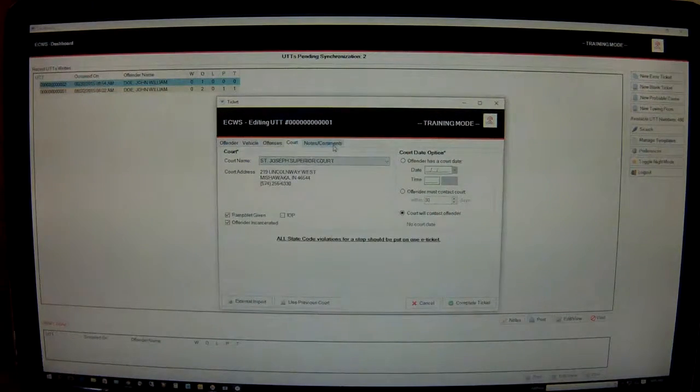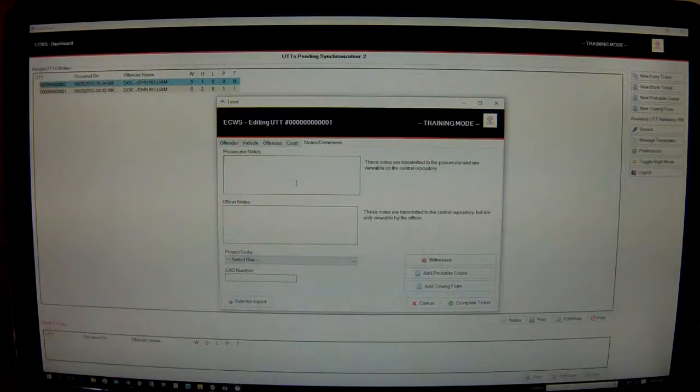I will then move on to the notes section. This is where I would include any notes for the prosecutor or myself. I would input my CAD number in here since this is going to draw a case report. If I had